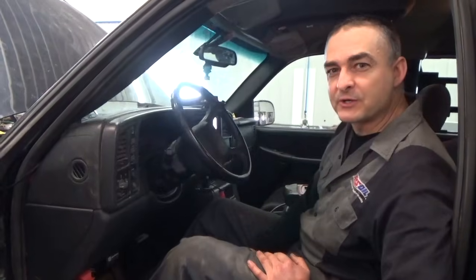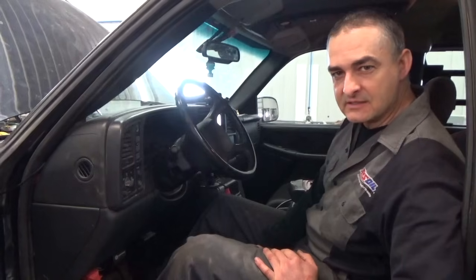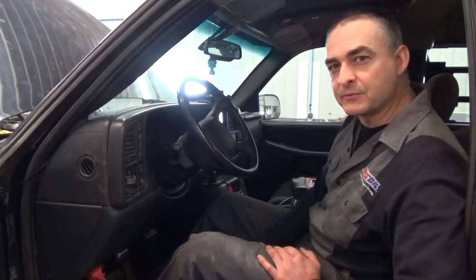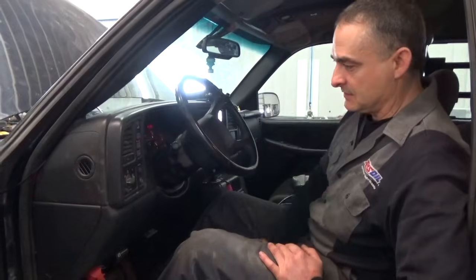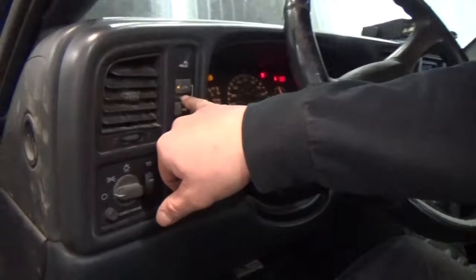Hello everyone, today we're working on a 2001 Chevrolet Silverado HD 2500. It has the 8.1 liter gas engine with the Allison automatic, and we're having trouble with the 4x4. We're not getting the front axle to engage, and when I turn the key on, wait till the dinger quits going here, but what happens,